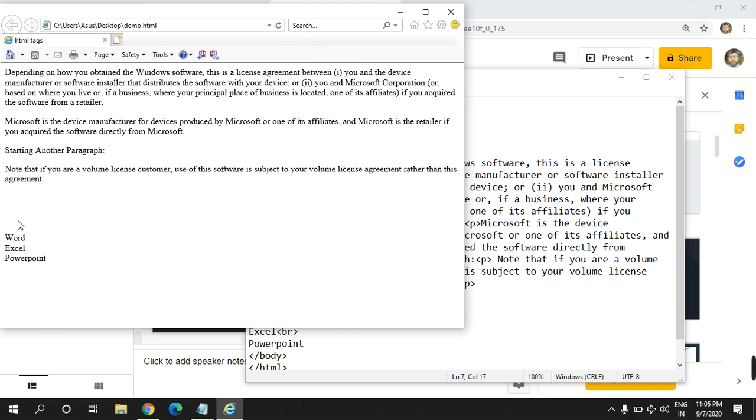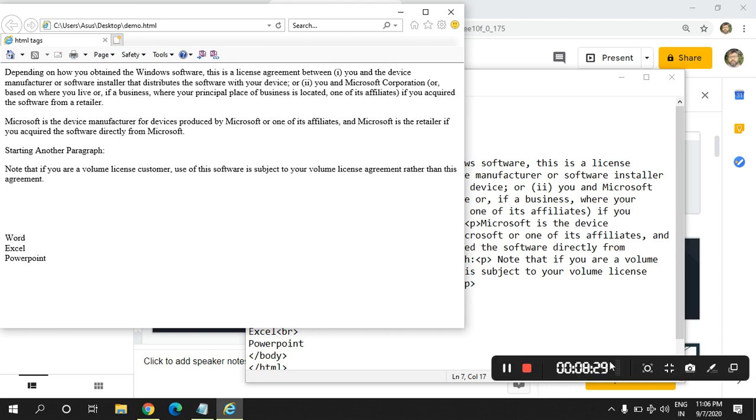You may see 4 lines are inserted between the agreement and the word. So we can say that the BR tag is used for inserting a new line and for sending the control to the next line. Thank you.